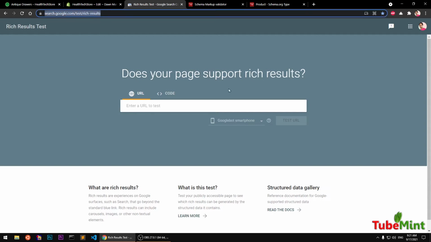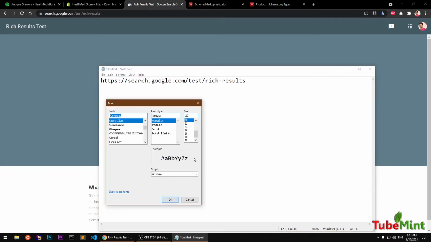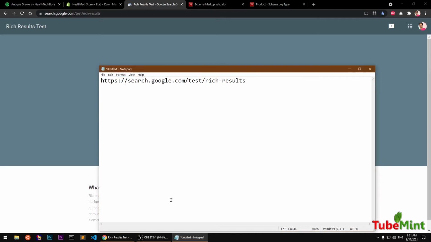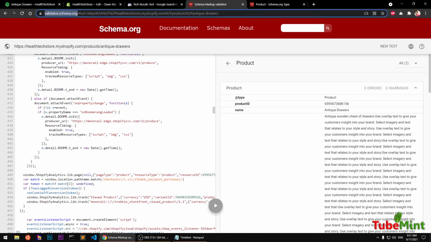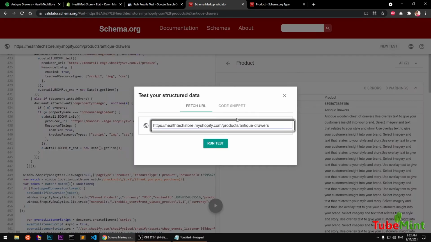That's the first. Let me increase the font size here so you can see it. And that's the first one. The second one is this one. Okay, so that's the second one, validator.schema.org. And once you are there, simply go ahead and